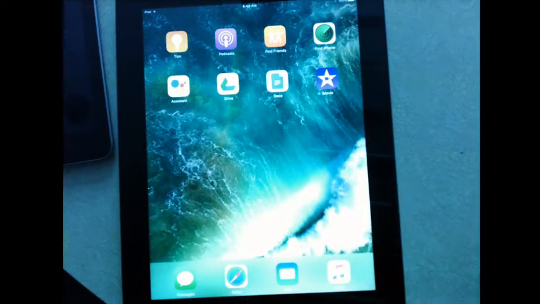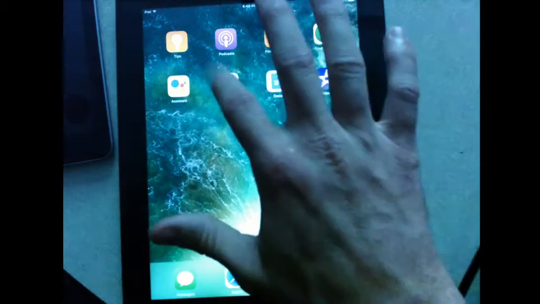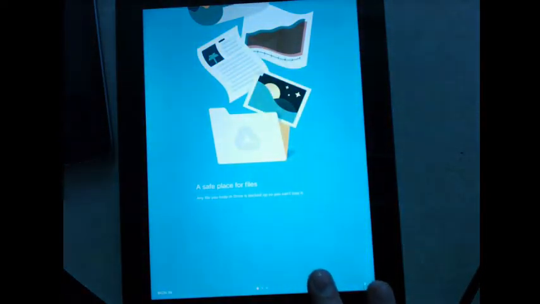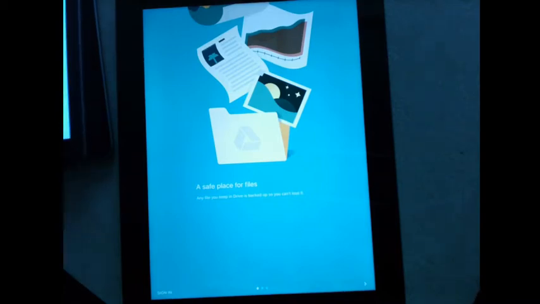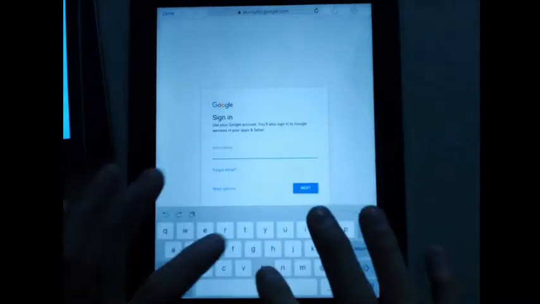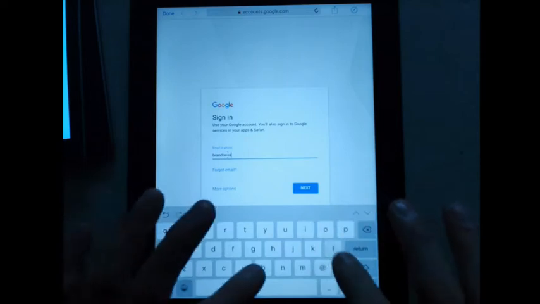So if you have a bunch of photos on the device, you can use the Google Drive app, if you have it installed on your iPad, to back up your data on that iPad. So we would recommend, if there are photos or videos on that iPad and you want to make a copy of it before you wipe it, because when you wipe it, everything on it's gone, you can sign in with your Google Drive account and back up all your stuff. So I'll walk through that right now.